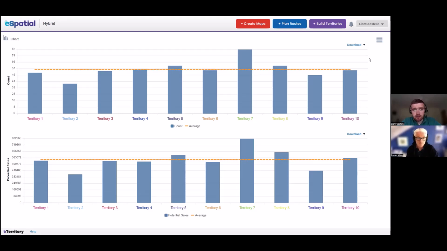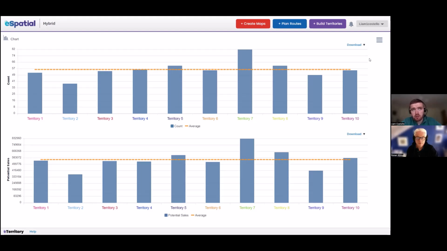Yeah, so it's why we would recommend it's a good thing to optimize or review workload anyway, because it's really a capacity measure. So create equal territories based off workload and then set quotas from that.